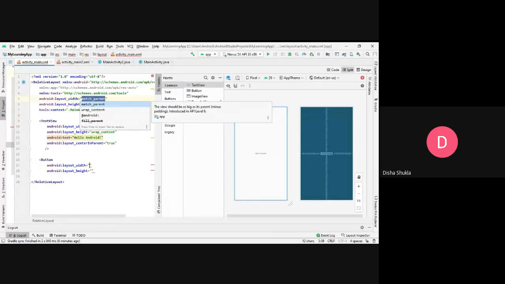These things are covered in the later portion, but I want to clear it right now because only then can I show you how I am putting the button over here. So what do you mean by wrap content? Say, for example, you have three buttons in your screen, all placed vertically below each other. They would be occupying certain space, and after that there would be some empty space. So when you say the relative layout is equal to wrap content, the height of the relative layout will be equal to the height of the three buttons that you have placed inside it. Clear? Are you clear with what I said right now?